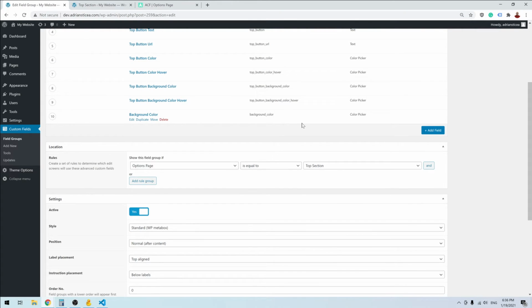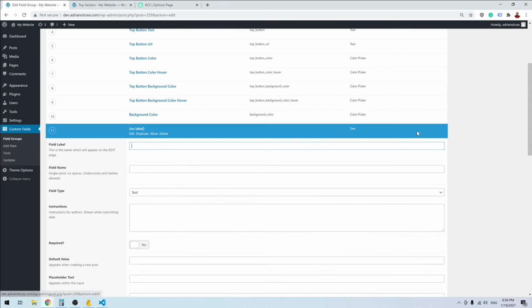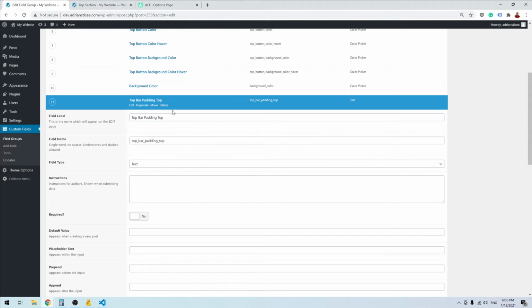Next I'm gonna add the top bar padding. So add top bar padding top, which will be a text,